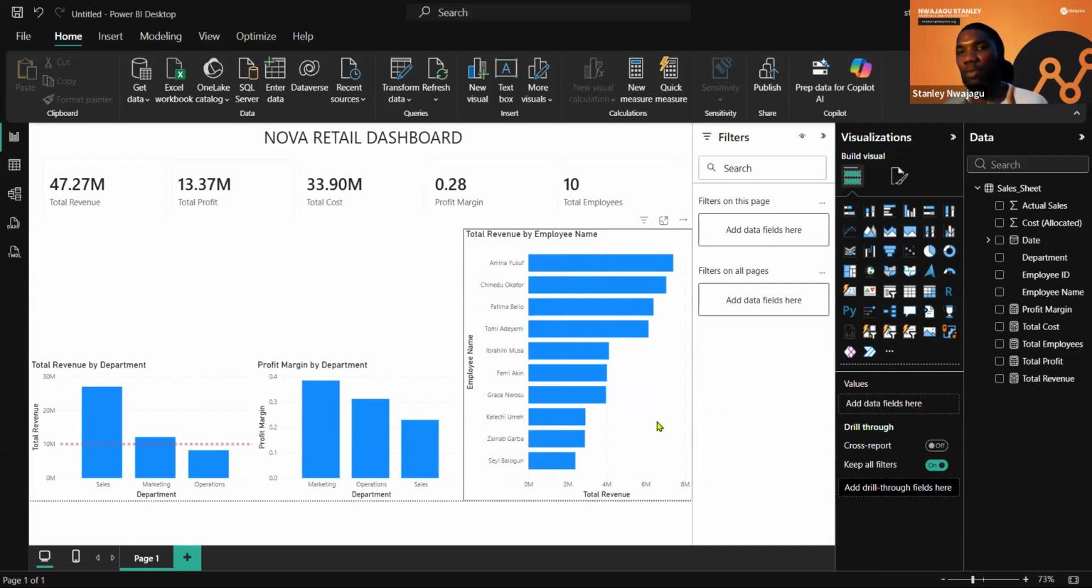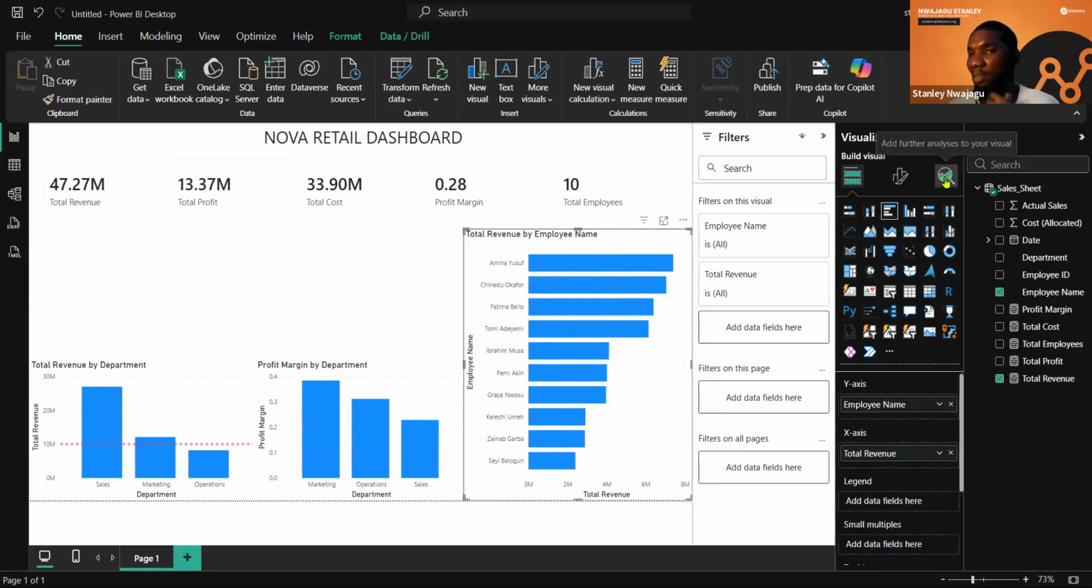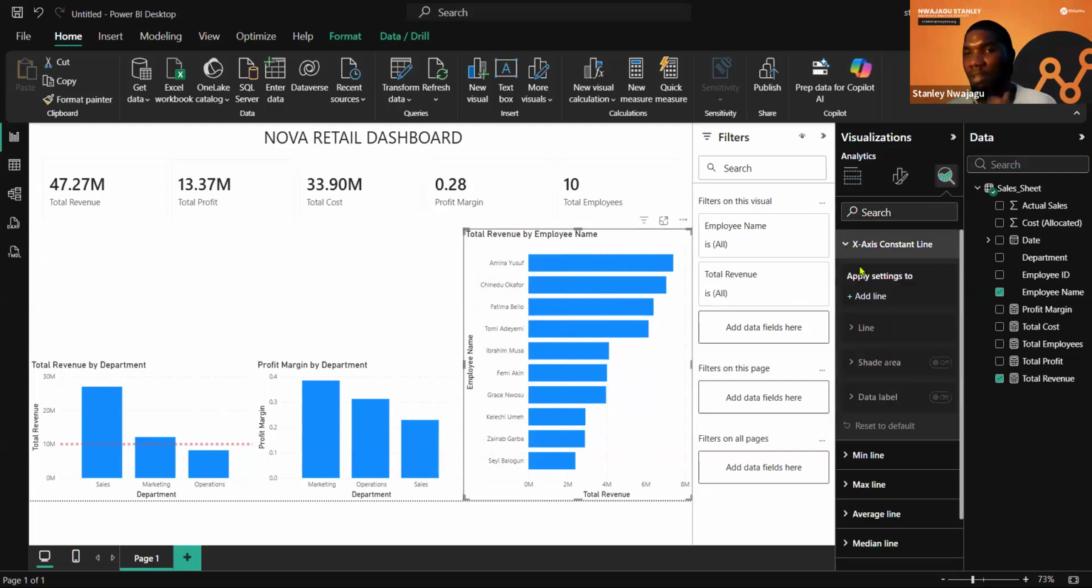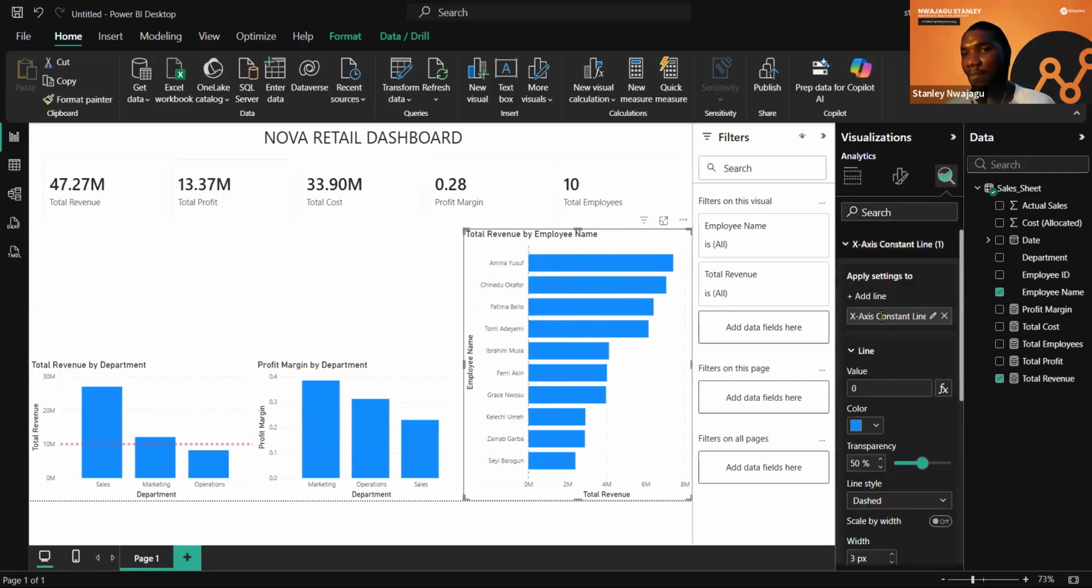Also, adding to this, we want to see which employees have crossed the 3 million target and who has not crossed the 3 million target. So just like we did before, we click on this and then go to the analysis section, go to the x-axis constant line, click on it and then add a line. Now I can name this employee targets, and